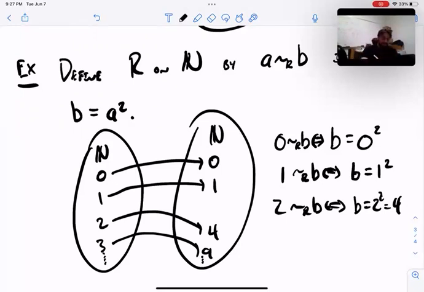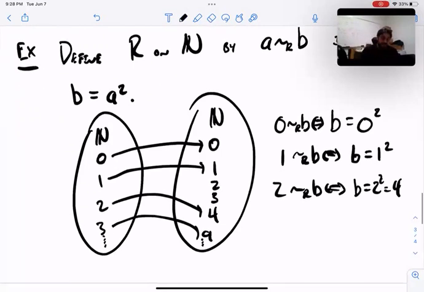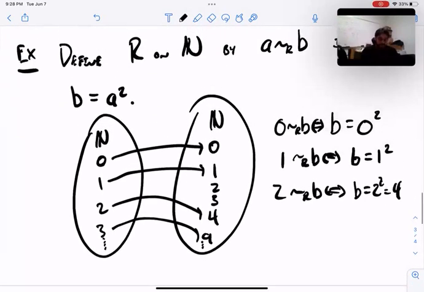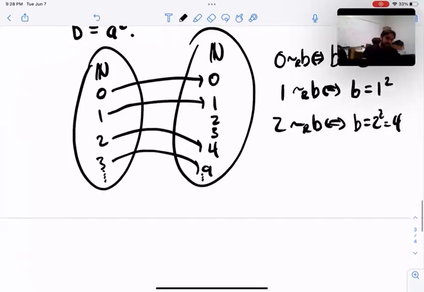Now, if you notice, some of these elements don't get hit. For example, 3. No one goes to 3. Right? 2. No one goes to 2. Those do not get used. So this is a good example where the codomain that we specified and the range are different from each other, right? So in this case, we would say that